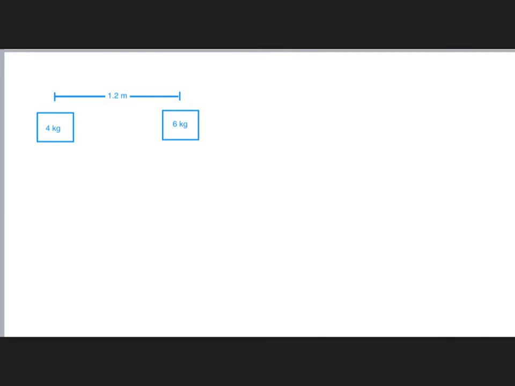So let's start with a simple example. I've got two masses here, a 4 kilogram mass and a 6 kilogram mass, and I want to calculate the center of mass of this system. They're separated by 1.2 meters. It should be pretty straightforward. The formula for locating the center of mass for discrete objects like this, that means individual separate objects, not one big continuous body, is this: the x center of mass